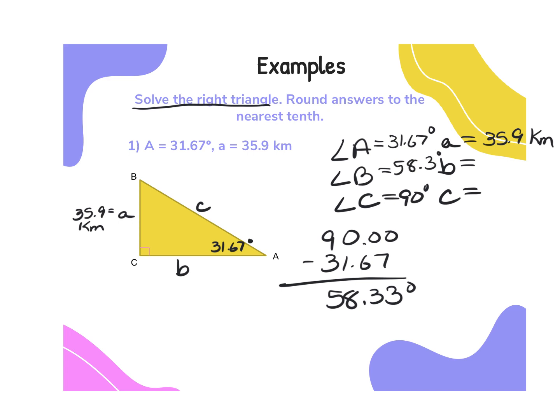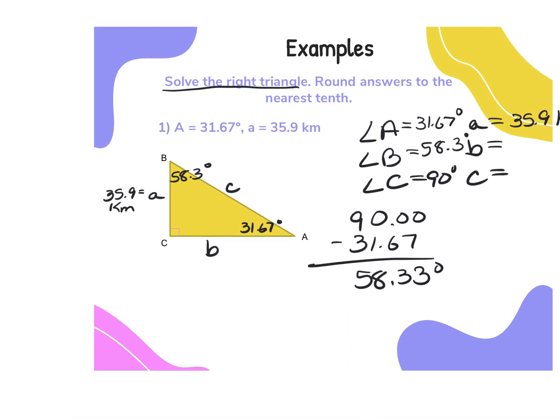So that's angle B. Now I only have to find 2 other pieces of information, side length little b and side length little c, the hypotenuse. Now, because angle B is a rounded answer, don't use that when you do the trig. Go back to the original given. So when I set up my ratios, I'm going to be using what was given to me, angle A and side length a. Don't use B,